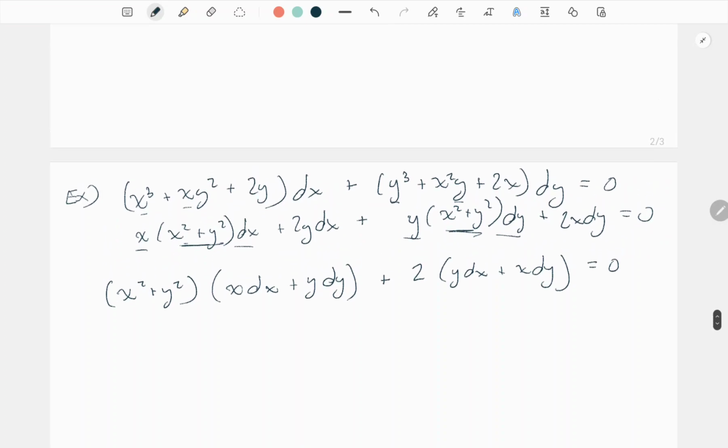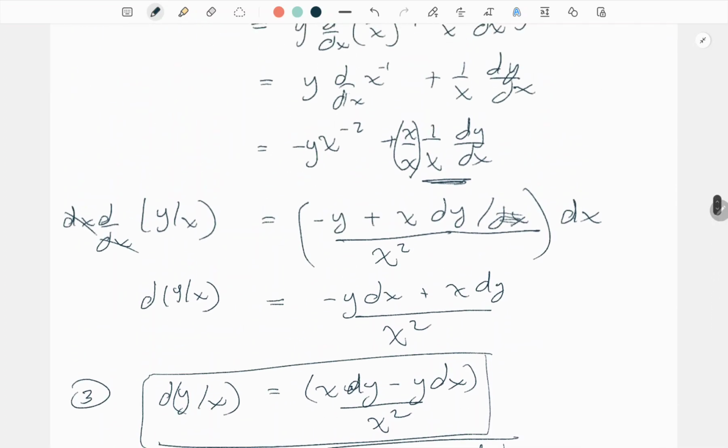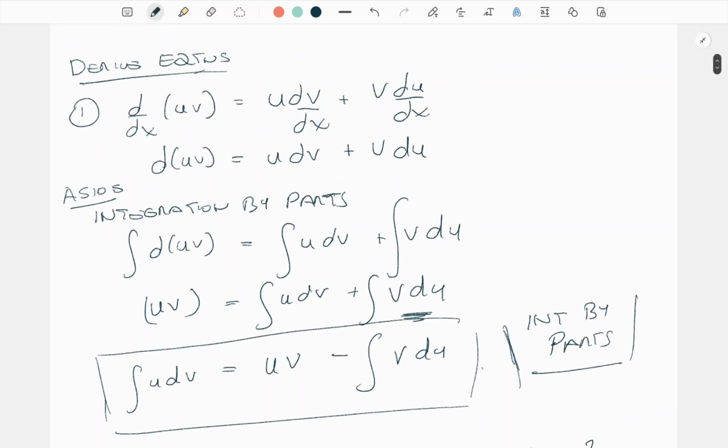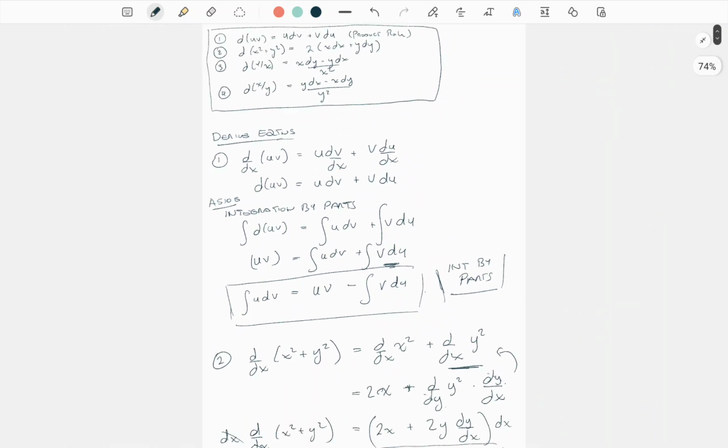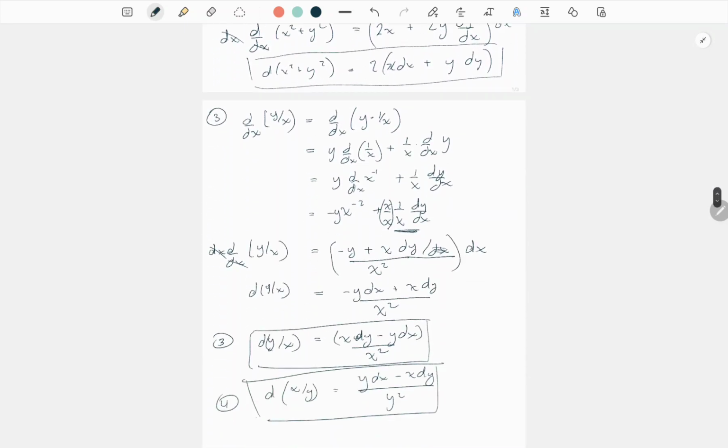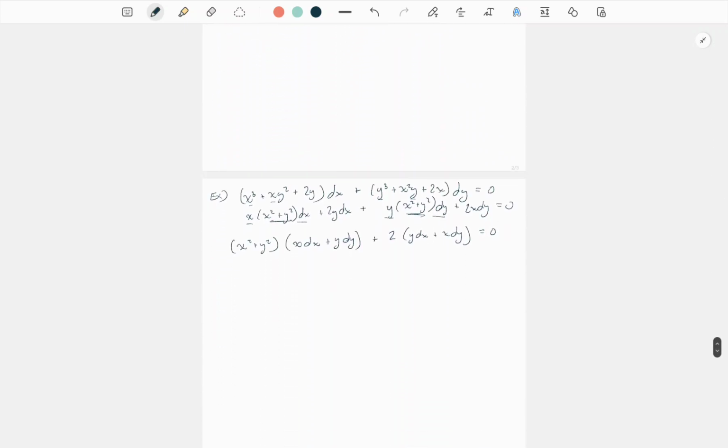Okay, let's go up to our formula. And what do I have here? Where did it go? Our equations. We have d of (x squared plus y squared) is 2x dx plus 2y dy. Those are the common ones, right? Let me go back down here. x dx plus y dy, this is literally 1/2